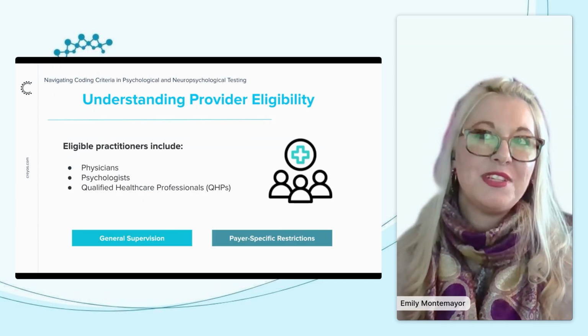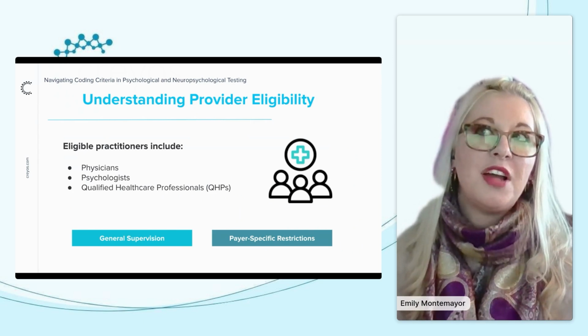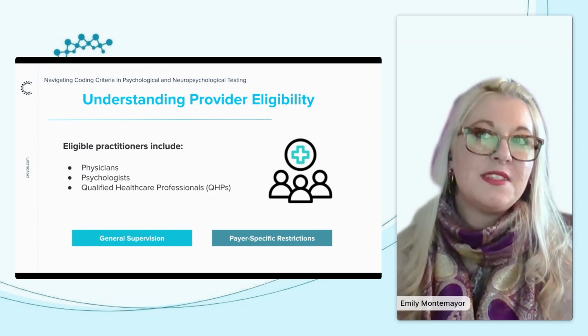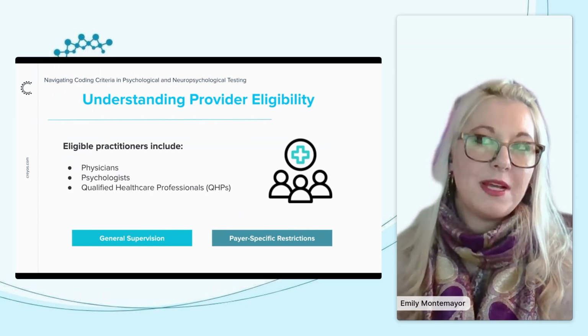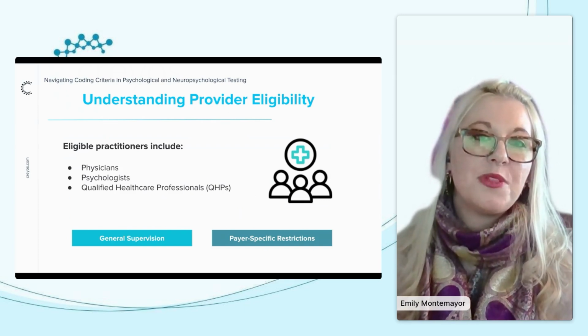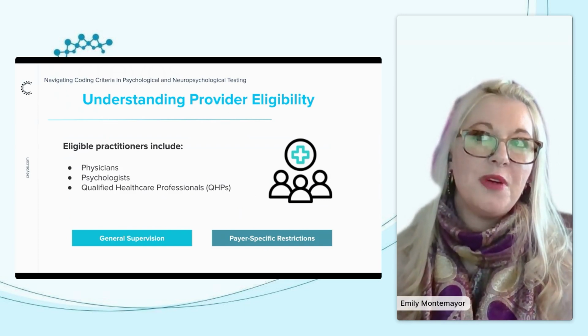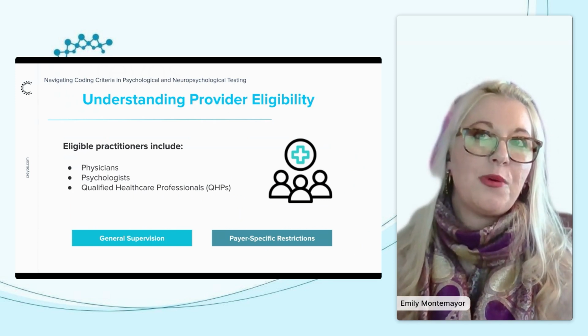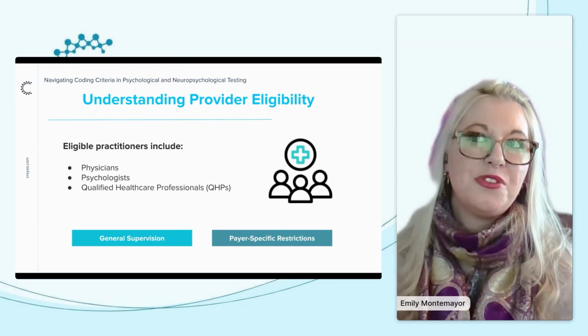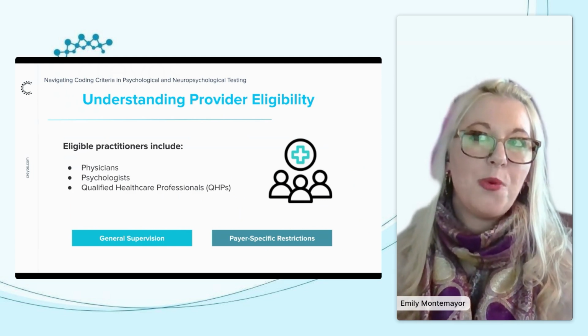In addition to selecting the correct codes for neuropsychological and psychological testing, understanding who is eligible to perform and bill for these services is essential for ensuring compliance and optimizing reimbursement. One of the key questions is, which providers can bill for CPT codes 96130 and 96132, and what credentials or supervision requirements apply? According to CMS guidelines, a physician or psychologist isn't always required to perform or directly supervise these